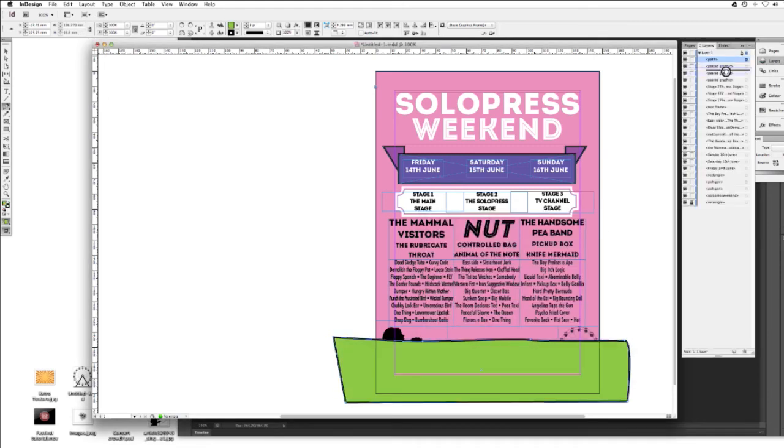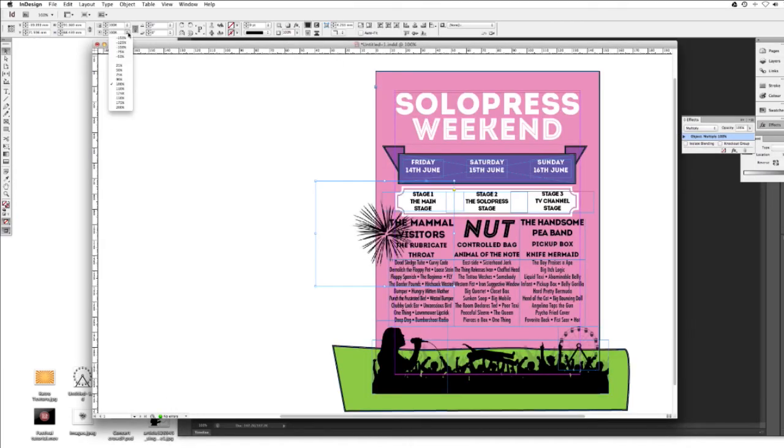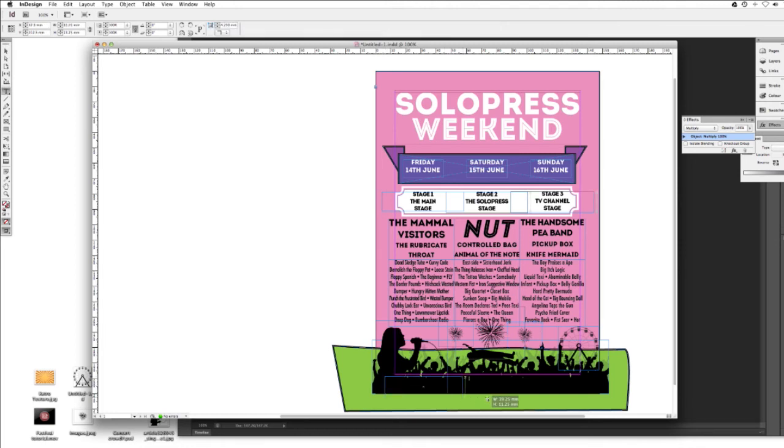So I'll copy and paste over the fireworks, and let's make that a lot smaller. Let's have 3 of them, shall we? Let's make one of them really small, and the other one really small, and that one big. Okay, so now we have that. Just ignore that weird shape outside the box, because all that will be cut off when you come to export or print it. You won't have none of that there.